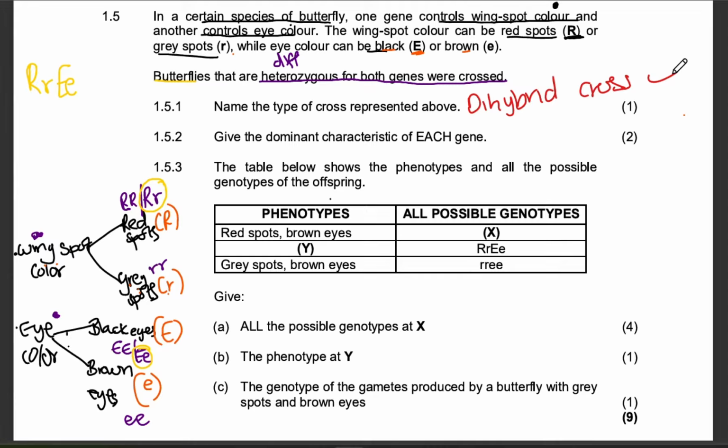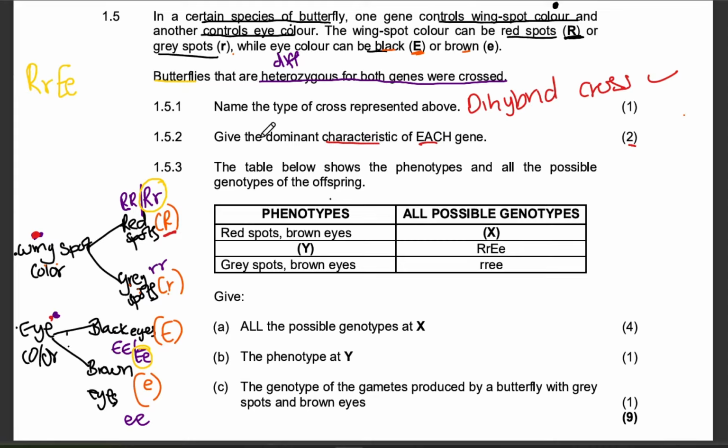Now, give the dominant characteristic for each gene, 2 marks. Which genes do we have? Wing color and eye color. Which gene is dominant for wing spot color? Between red spots and gray spots, which one is dominant? Which one has the capital letter? There, guys, it's the red spots. So for the wing spot color, it is the red spots